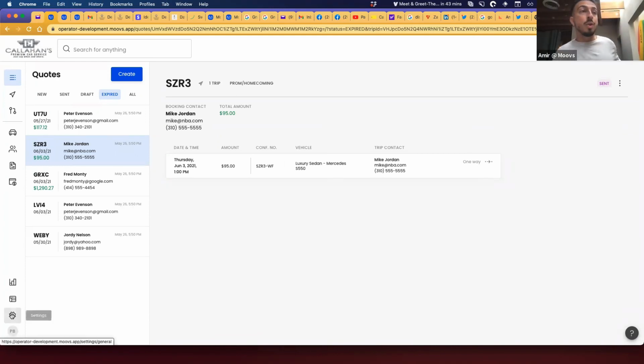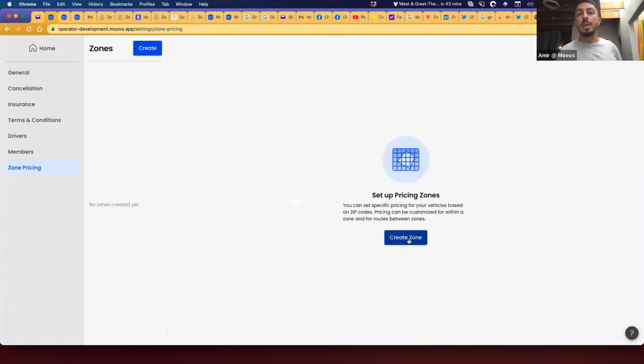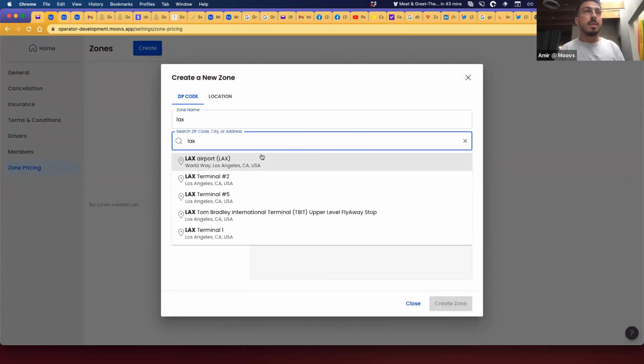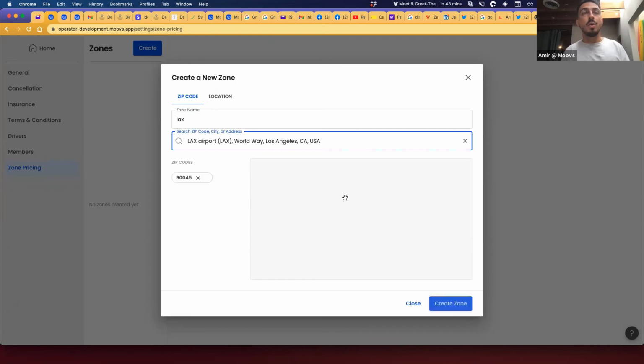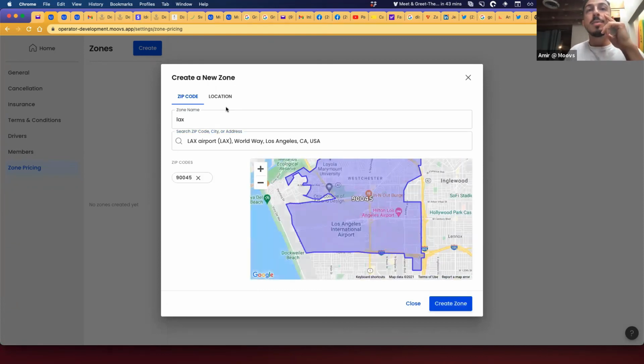Zone. So it should work. If you have zone pricing set up for, let's say, LAX, and the zone is around the airport, and the customer uses the airport LAX, it should do that. If it doesn't, then of course there's a bug there, and let us look into that for you.